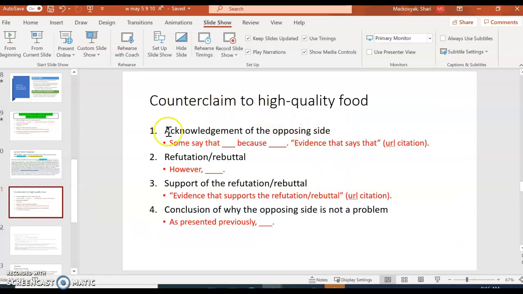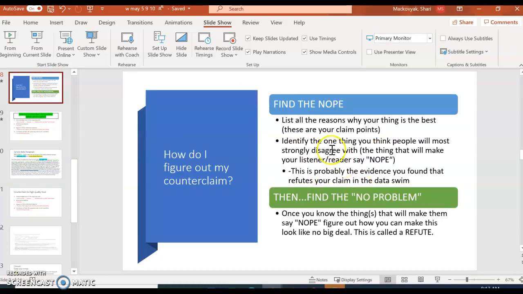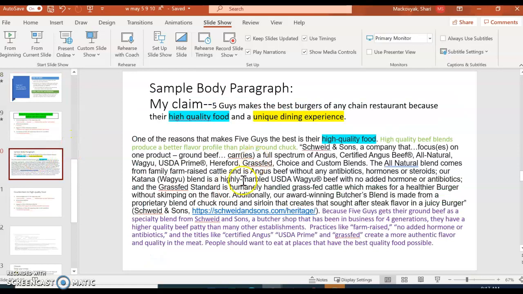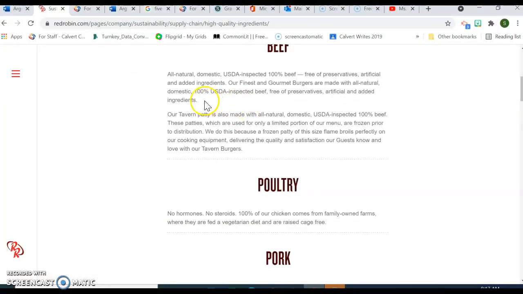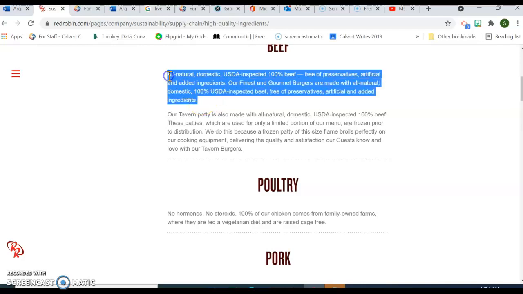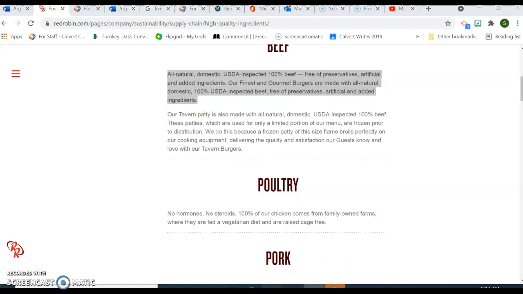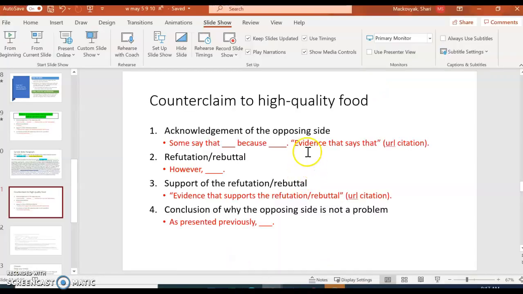So I have my idea of what my nope is. And I think in my mind, I have how I can even use this same evidence here to show why my side is stronger. So let me just show you how I'm going to do this. I'm just going to go ahead and copy this evidence right here, and I am going to paste it here.